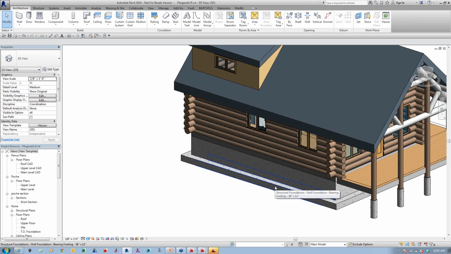Okay, so we're going to start with making our log profile. Again, I said I'd do a Swedish cope, but maybe if you guys will let me, I'll do the one Kevin wants too. So we'll do them both. They're pretty easy to do. So we have to start off